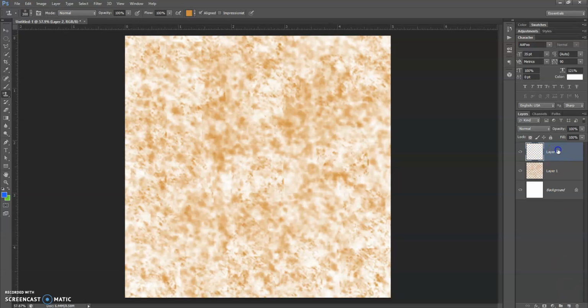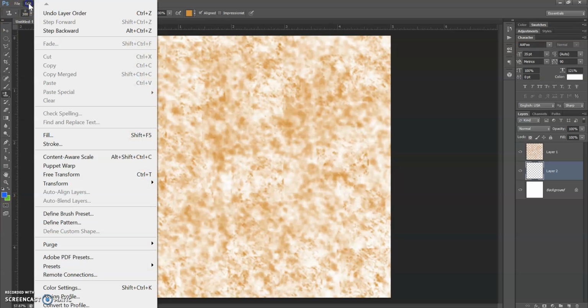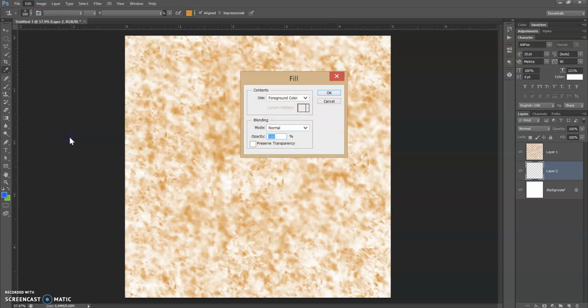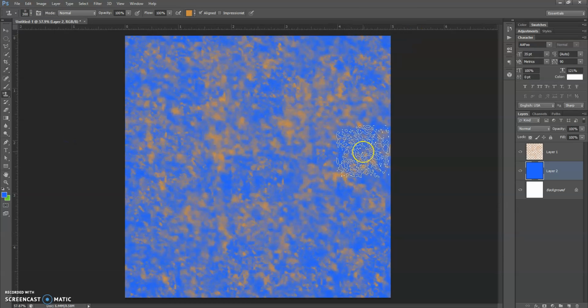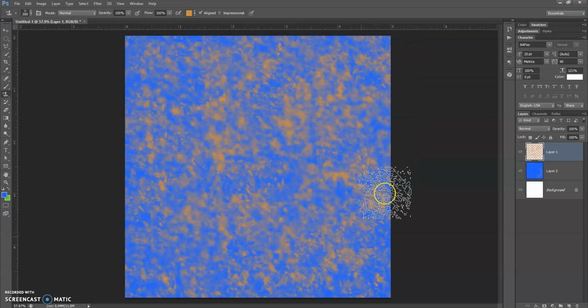And of course, the other cool thing we could do here is if you didn't want a white background, let's just show you, you can make another new layer. And on this layer, we could change it to, I'll just leave it as blue. I would never do this, but we'll fill it with the blue background, and you can get something like that. So there's lots of options. Just play around and have some fun and see what you can create, honestly. That's the best advice that I have for you